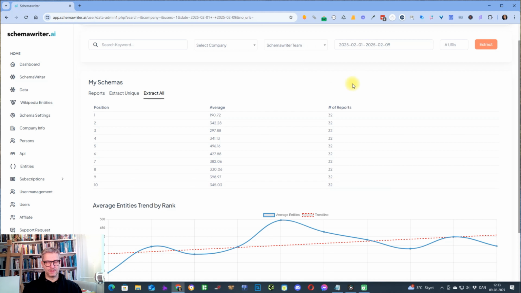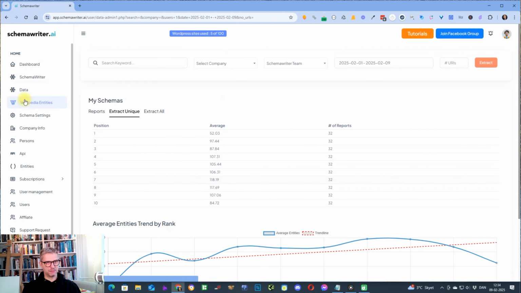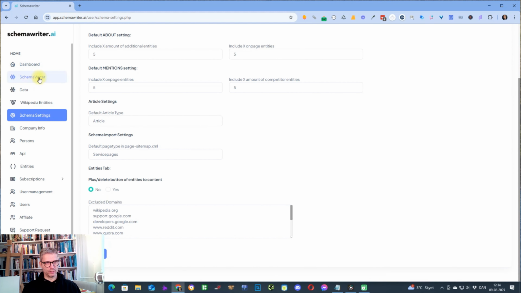This number is very interesting to me, because when you're looking at these numbers, it seems that there is a negative correlation, so to speak, a negative dependency between the occurrence of entities in the content and its ranking. I know that's not the case, but I'm just saying that's how it looks. The reason it looks like this is because I did not use the exclusion of domains when I ran these reports, and I did not do that because this exclusion of domains, we just launched that today. So